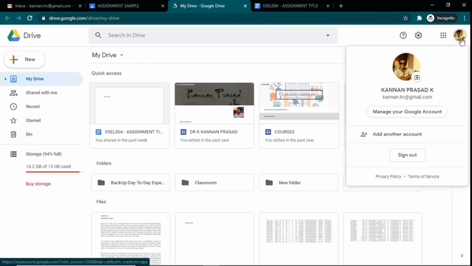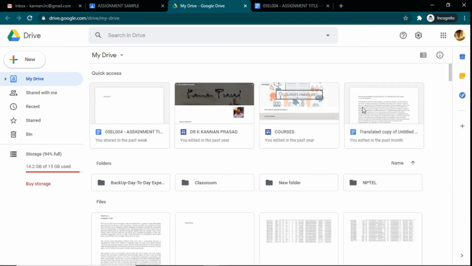So for each email ID, if you have 7 to 8 email IDs like me, you could have 7 to 8 Google Drives, but they could be shared with each other. I will in a later video also explain how you could share between drives, right? So your assignment has been saved here. Whatever I type keeps saving here, and that is why I told you to give a title, so that even if there are many files, you can readily find the file you have been trying to work with, right?